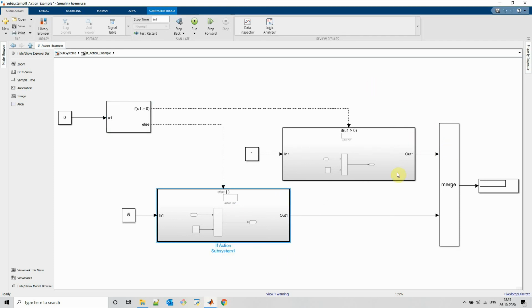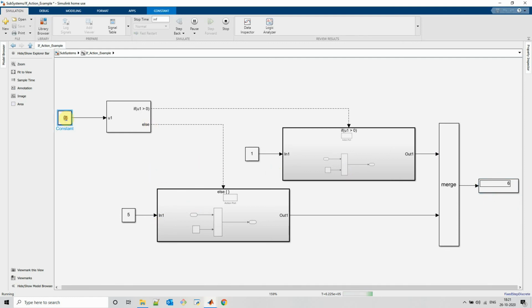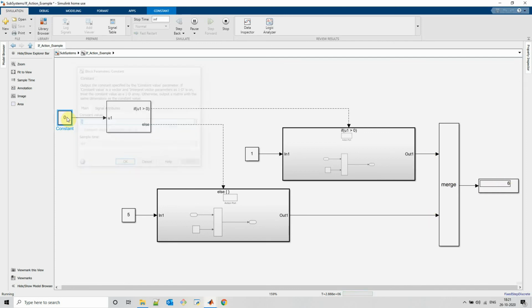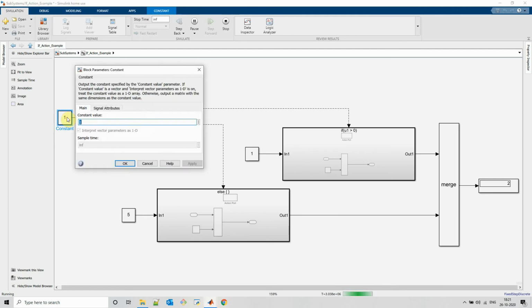Output of both the subsystems are merged together and we have considered only one output from this logic. Let's try simulating this. Since the else part is executed, the output is 6. When we satisfy the first condition, the output is 2. The logic switches as and when different conditions are satisfied.